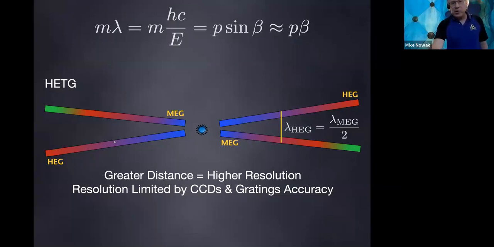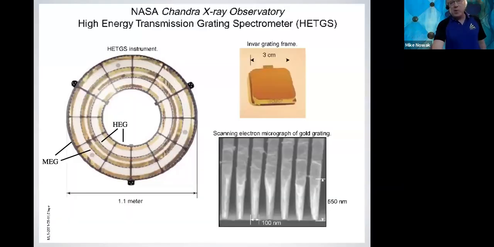And we're going to show you what this looks like in real life. The more you can spread this out, the better you can measure the wavelength. So basically, the physical size of your CCDs determines how well you can measure a wavelength. This is what it looks like. These grooves are about 100 nanometers apart. As I said, we have 4 mirror shells. We have 4 sets of these that we swing on.